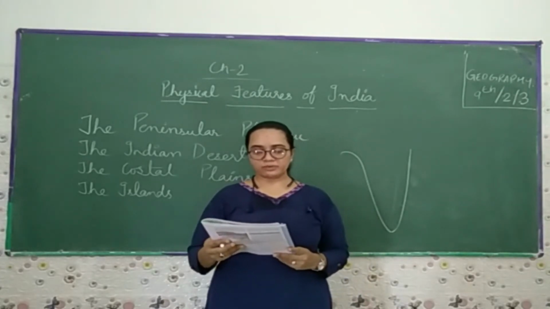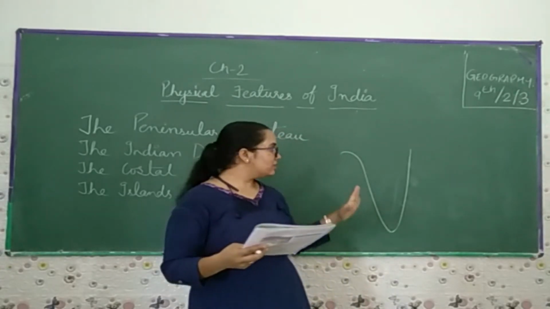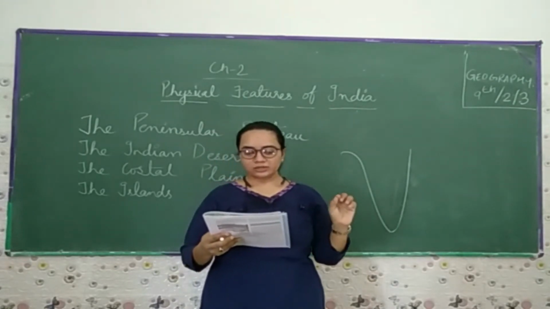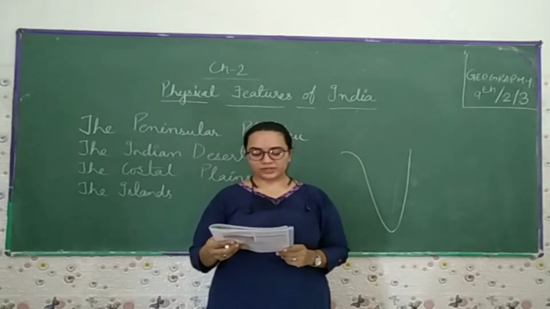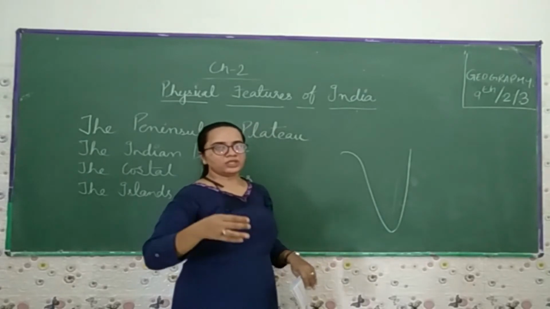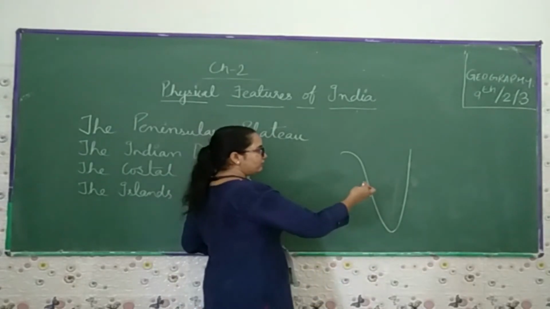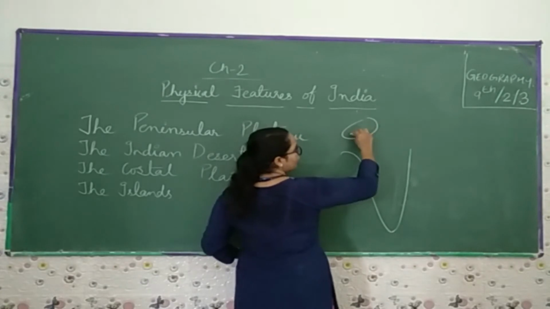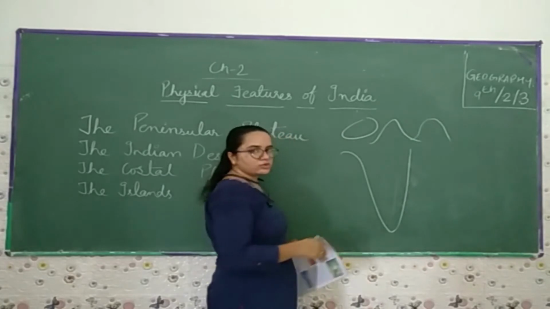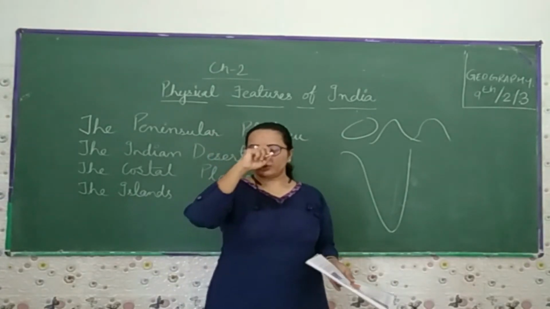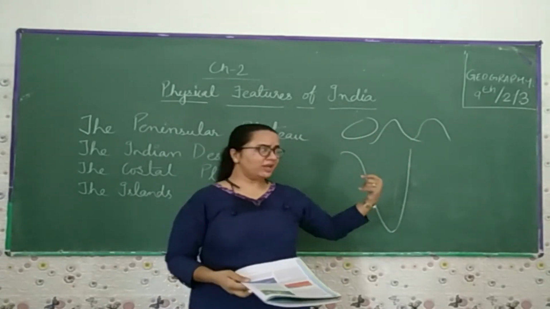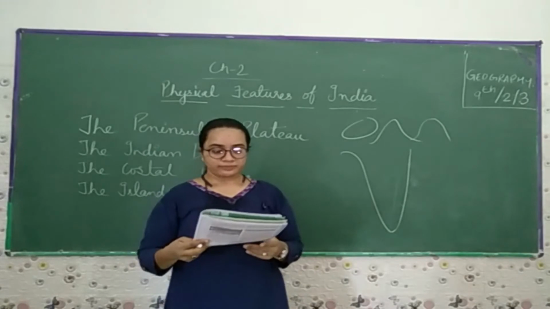The Indian desert lies towards the western margin of the Aravalli Hills. So on this side of Rajasthan, there are the Aravalli Hills. It is an undulating sandy plain covered with sand dunes. Now you may wonder what a sand dune is. If you have ever visited any desert region, you will find this kind of structure of sand, which is called sand dunes. अगर आप कभी भी किसी रेगिस्तानी इलाके में गए हो तो आपको इस तरह से मिट्टी के बने छोटे छोटे टीले मिलेंगे. इसको इंग्लिश में कहा जाता है सैंड ड्यून्स.